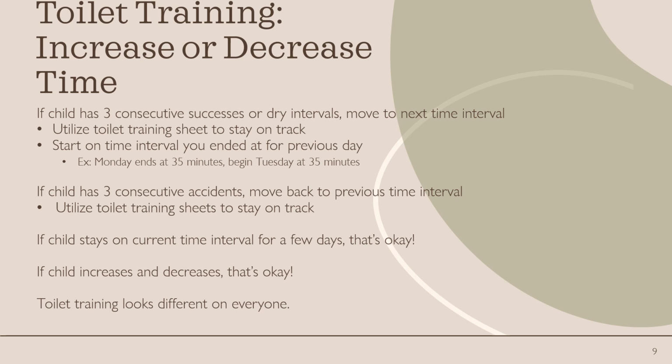If you are starting at 10 minutes and the first trial of 10 minutes, your kiddo is dry, great, that's 1 trial. If in the next 10 minutes, your kiddo uses the bathroom, great, they had a success, so that is 2 trials where they either were dry or they had a success. Now, in the next 10-minute trial, if they have another success, awesome, you have met the criteria to move up in time. You have 3 consecutive sessions or trials where your kiddo was successful or dry, so